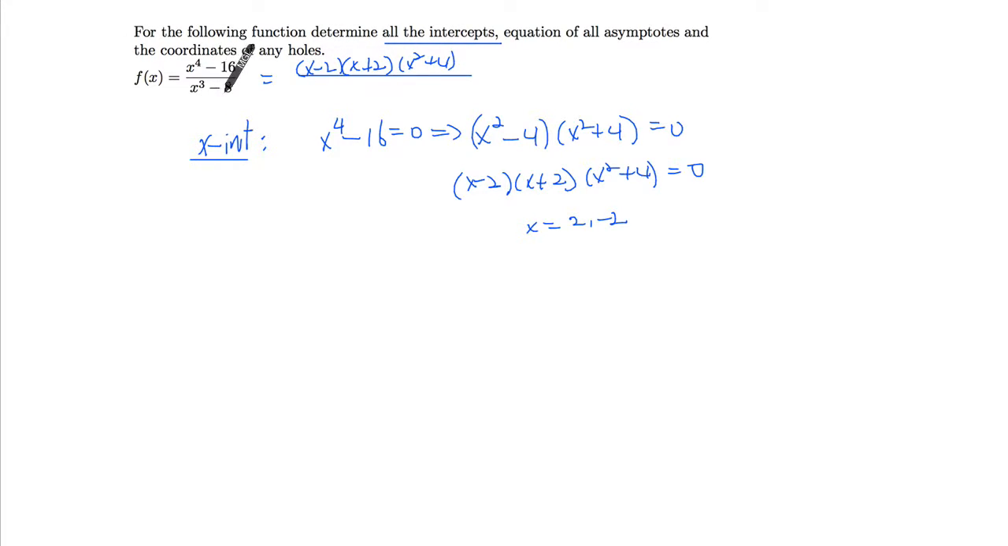Bottom is a difference of cubes, right? It's x cubed minus 2 cubed. That's x minus 2, x squared plus 2x plus 4. So note that they do, in fact, share this factor, and that's where the hole occurs instead of an x-intercept. So we actually have to omit this one. So x-intercept is just negative 2, and the y-intercept,